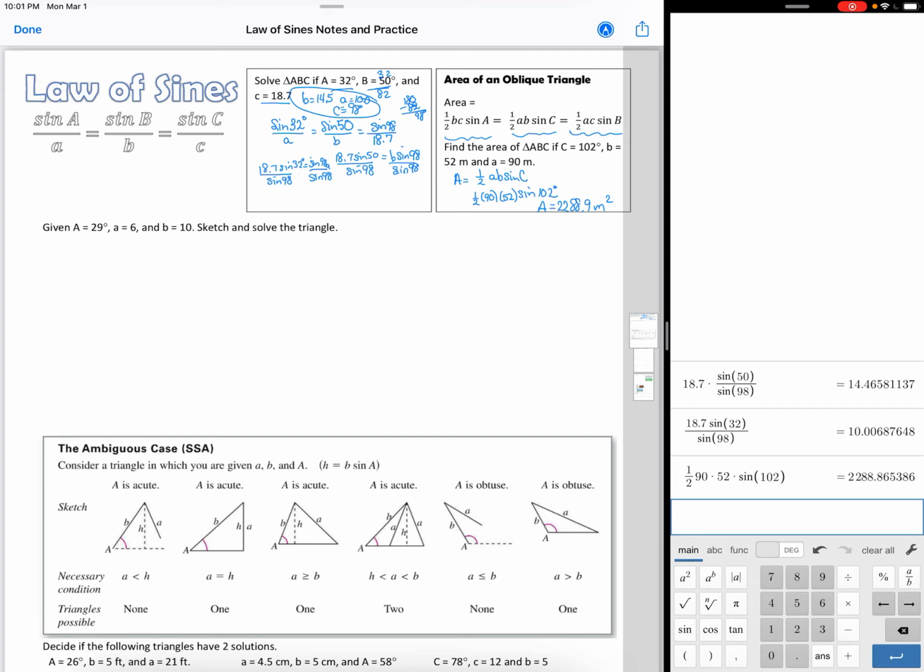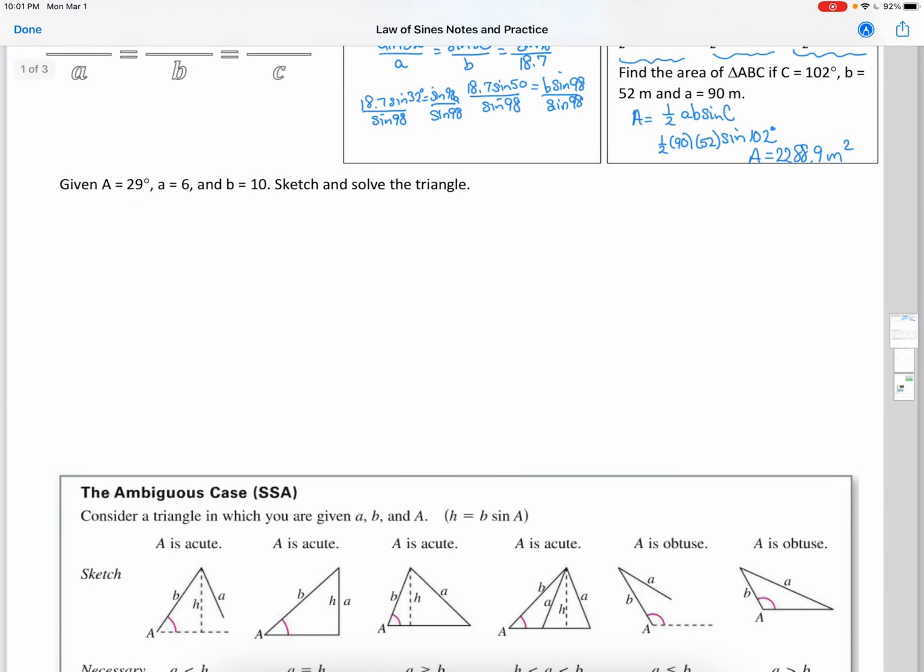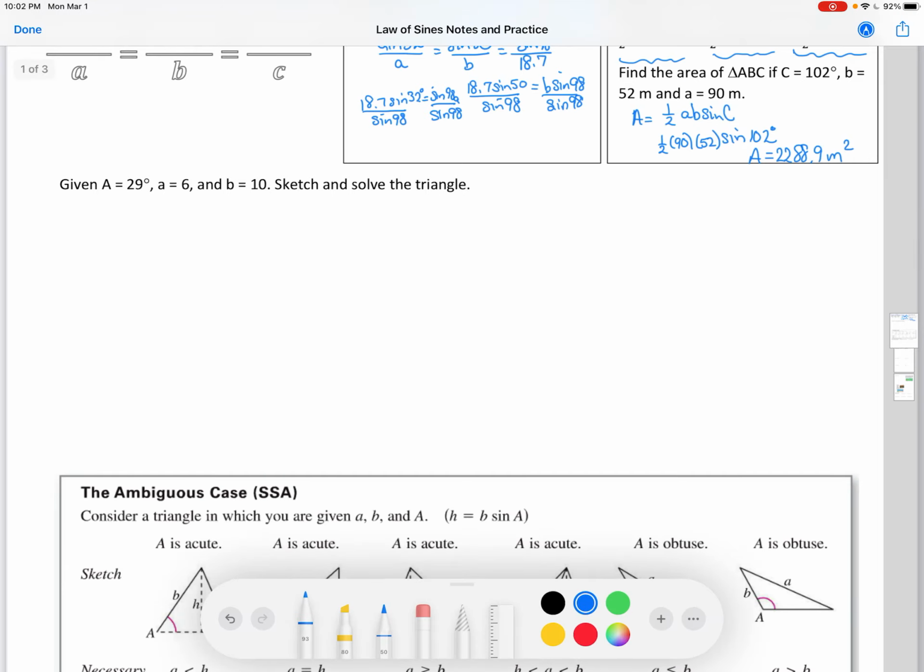All right, so we have a new formula for finding the area of an oblique triangle. We have our law of sines. Let's play with our law of sines again. This time we're going to be using an angle A, which is 29 degrees,